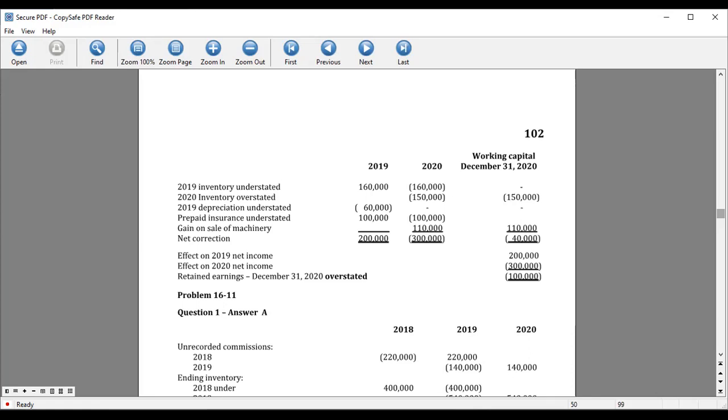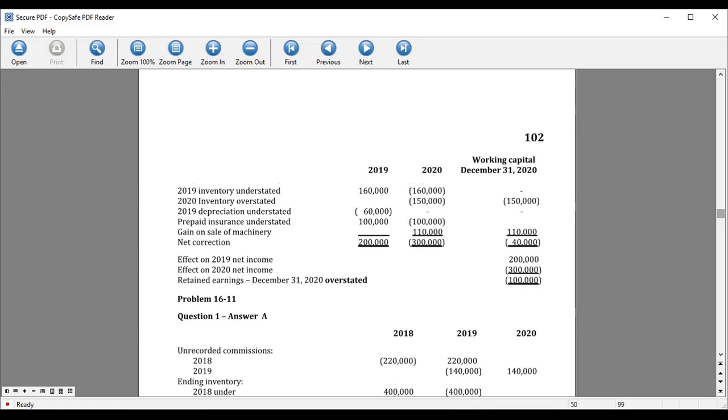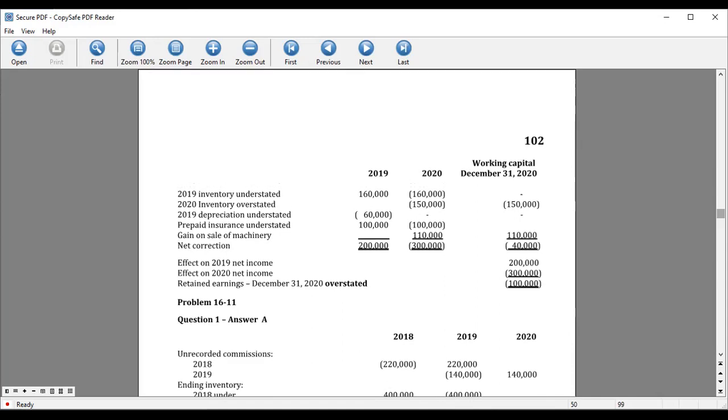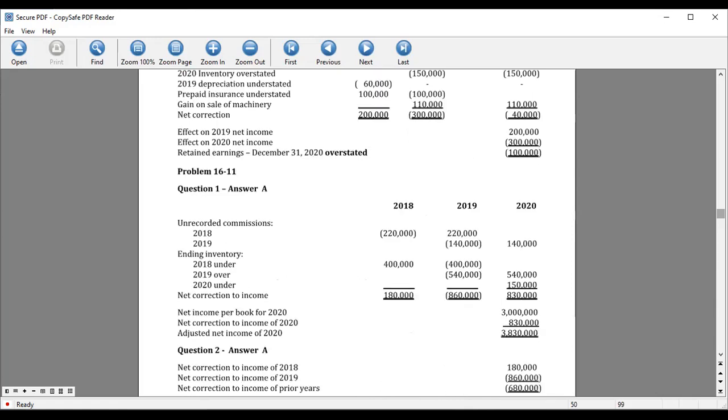You have no adjustments in connection with the 2021 entry, but you have to record the 2020 correcting entries. So we have gain on sale, we add to 2020, and the effect of this to working capital will also be an addition. Next, we go to